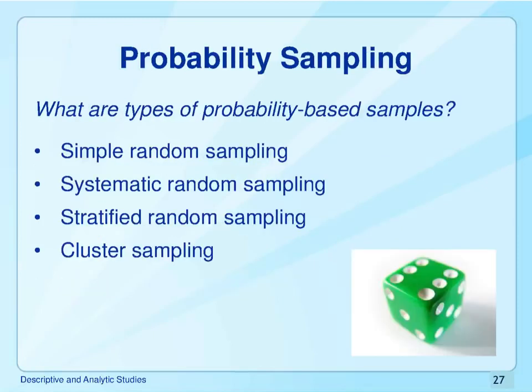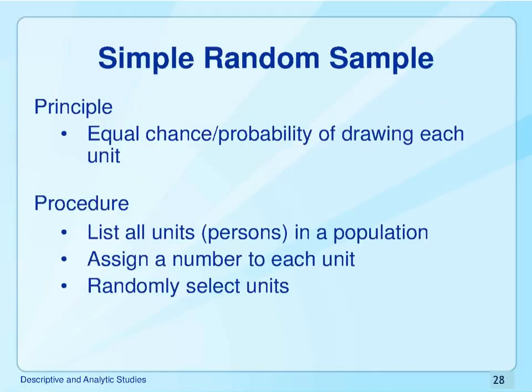So let's start with probability sampling methods, and these are going to include simple random sampling, systematic random sampling, stratified random sampling, and cluster sampling. Now, the first method of probability sampling is simple random sampling. With simple random sampling, everyone in the target population has an equal chance of inclusion in the sample. In other words, everyone has a chance of being selected to be part of the study, and everyone's chance of